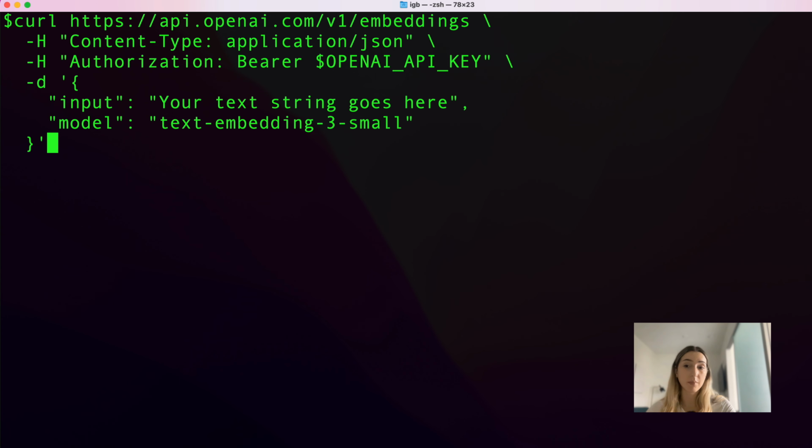All right, let's try generating embeddings, and we're going to make a call to the OpenAI API. We are going to use the embeddings endpoint and also the curl command to make the call from the terminal. So I have the terminal open. We're going to pass the header options for the API, like content type and authorization. This is required. I'm going to replace this OpenAI key with my actual key,